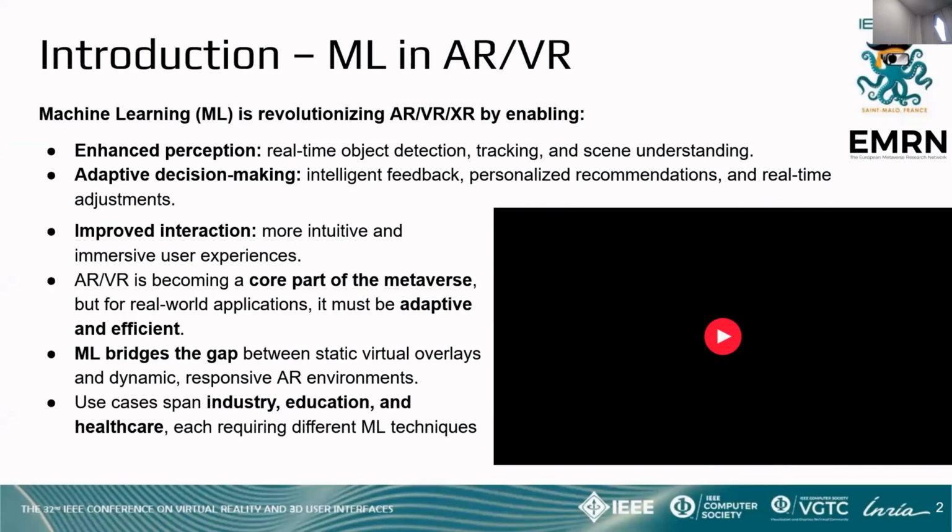And there are two aspects that are most important in any system that has to be deployed with a lot of people. They have to be usable and they have to be safe. How to do that? So, first of all, what we can do using machine learning in mixed reality or augmented reality or virtual reality or extended reality, anything X, which can be a part of the future metaverse. First of all, we can improve the perception